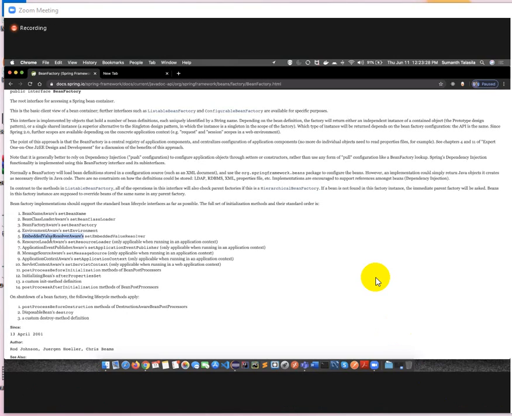What is that? ResourceLoaderAware. In the beginning class, I explained Resource is an interface. There are two types of resources available: class path resource and file system resource. Yes, sir. So which one you are using to process it, we are giving that information here. Next one. ApplicationEventPublisherAware.